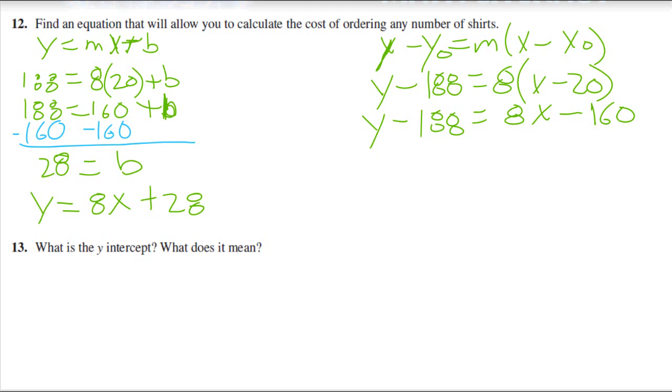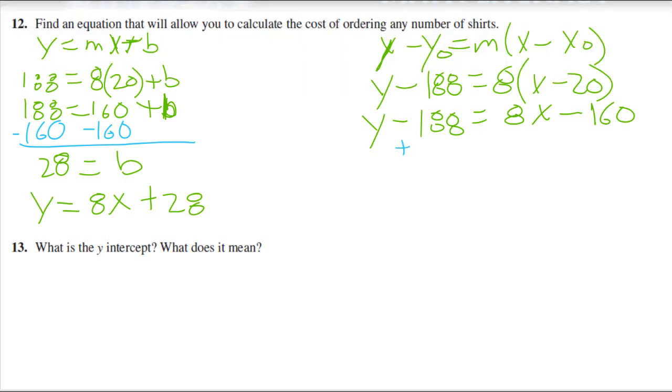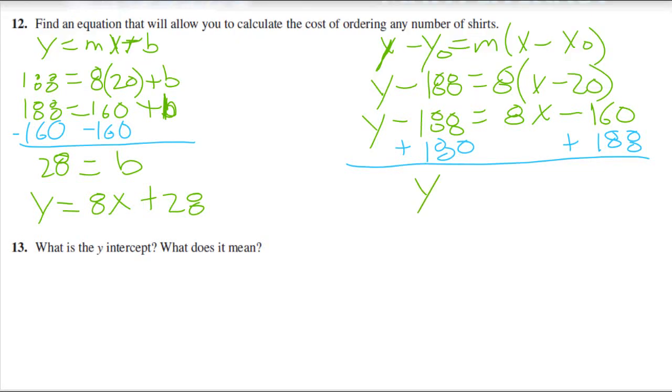To get y in terms of x, I want just to say y equals. Then I do these calculations, and the answer is y. I don't have that on the right-hand side right now, but if I use my equation solving tools, I add 188 to both sides. I end up with y equals